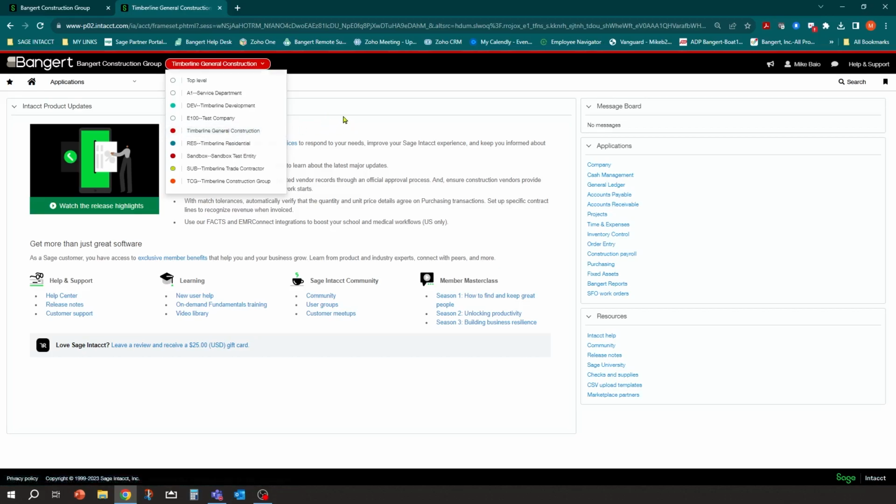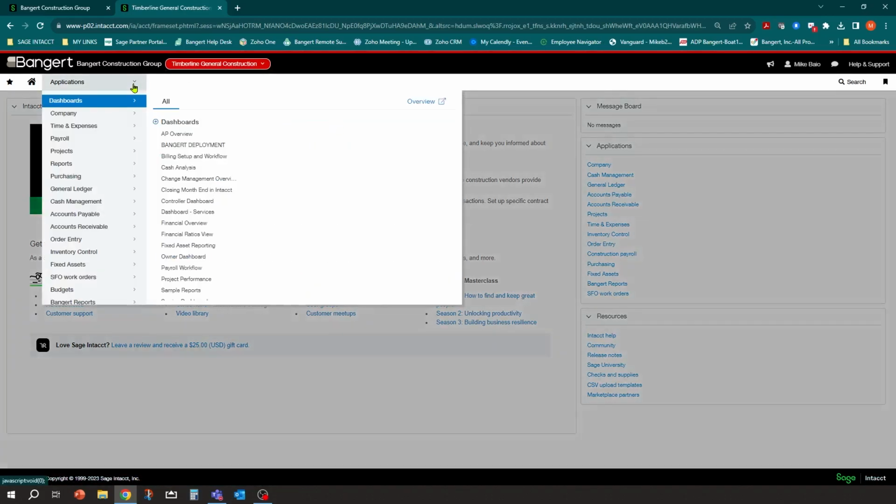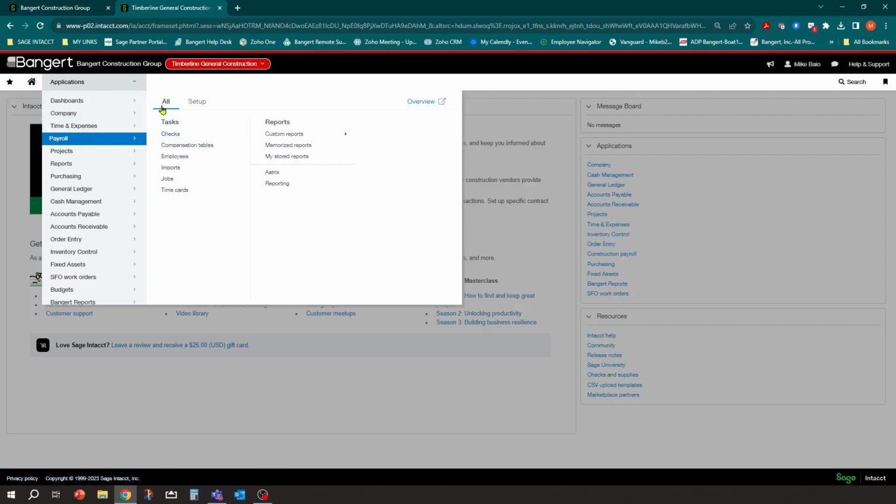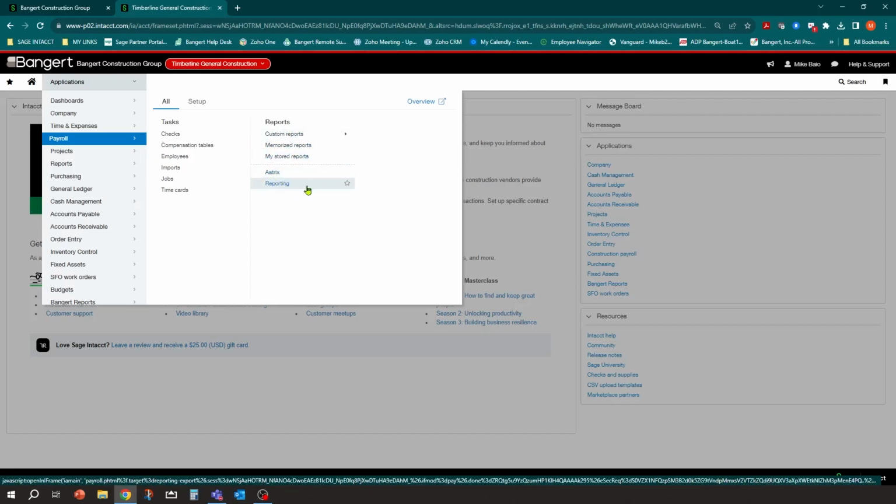So one of the things you can do, in payroll and really at any time in the system, is go into the payroll module and you'll notice under all, you're going to have the reporting section, and then you're going to have a section for Atrix and for what's called reporting, which is actually an export of payroll data that you can export out to Excel.